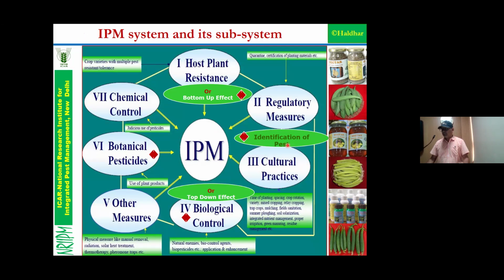This is host plant resistance, and it is also known as the bottom-up effect because it comes from the seed, from the plant. That's why we gave it the name bottom-up effect. If biological control is used, we call it the top-down effect, because it is applied after the insect has come. And why did we use the name bottom-up effect? Because I submitted a simple host plant resistance study on this crop 2-3 times, but many journals rejected the paper. After that we put the name bottom-up effect, and it was selected in Crop Protection. So I thought it was a very good title.